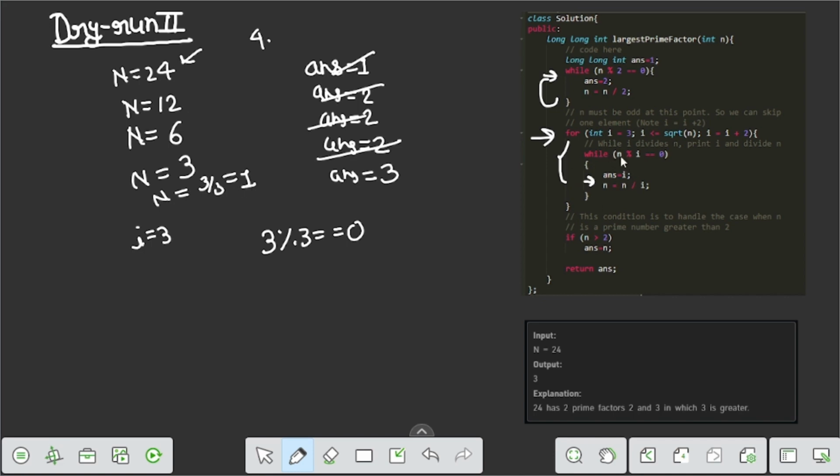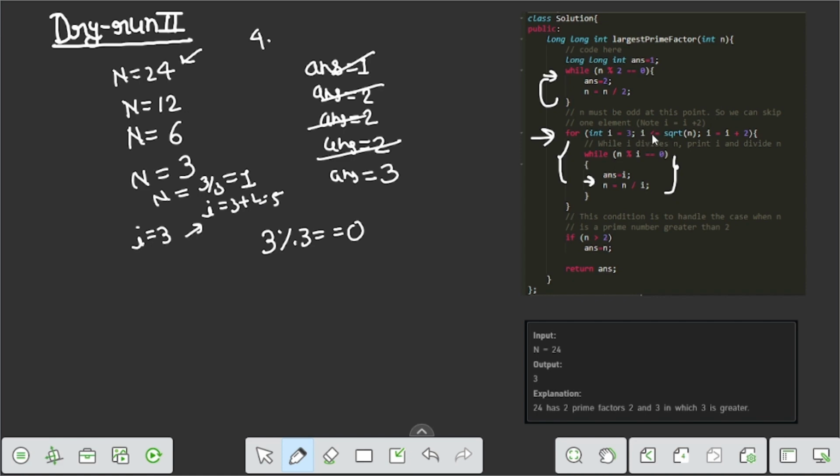Now we check the while loop condition. If n percentage i, so n is 1, 1 percentage 3 is not equals to 0, so the while loop is terminated. After the while loop terminates, we go here, i equals to i plus 2, so i becomes 3 plus 2, which is 5.